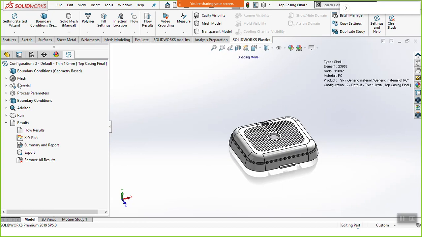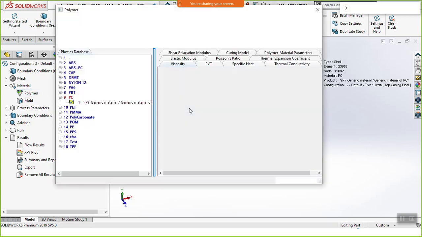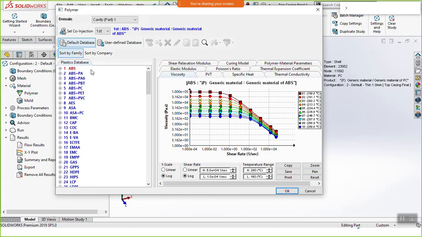Okay, so once you create your plastic study, the first thing we have to do is assign a proper material to it. Now, SolidWorks Plastics consists of the majority of the materials which are available, starting from ABS, right?